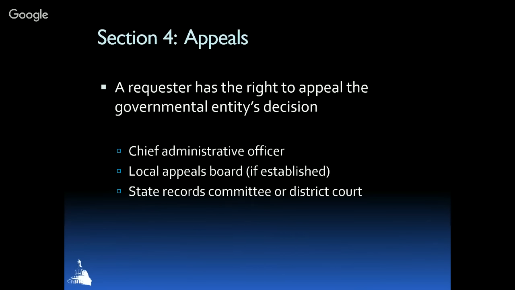In addition to the denial, the requester may also appeal unreasonable denial of a fee waiver request, claims of extraordinary circumstances, if the requester believes it is an unreasonable time frame or reason for not providing those records, and if the governmental entity failed to respond within the time frame required by the statute, which had been the 10 days. Once the Chief Administrative Officer responded, the next level is to the local appeals board if there is one established. If not, the Chief Administrative Officer's decision may be appealed to the State Records Committee or a district court, and that is the requester's choice.